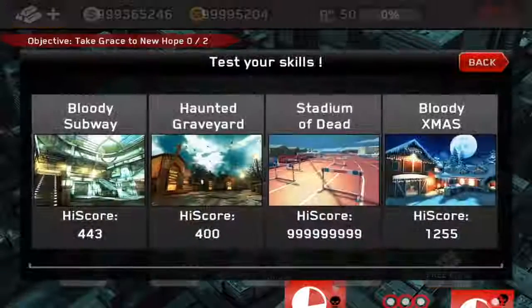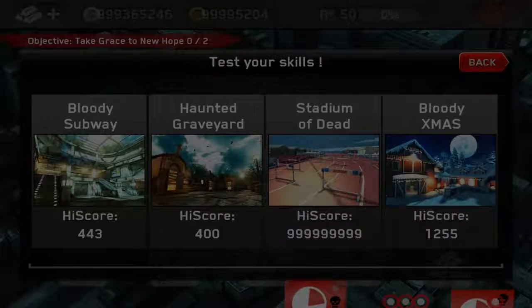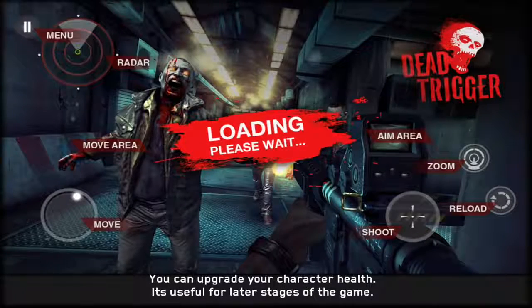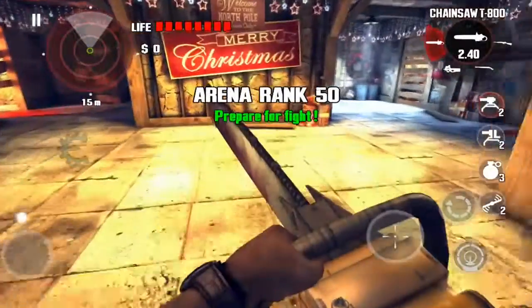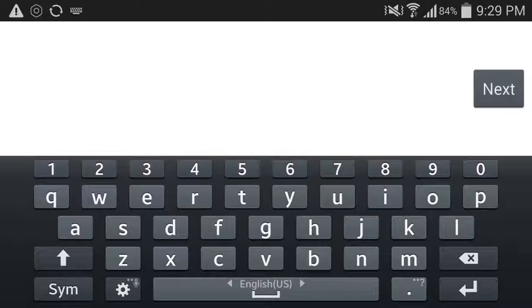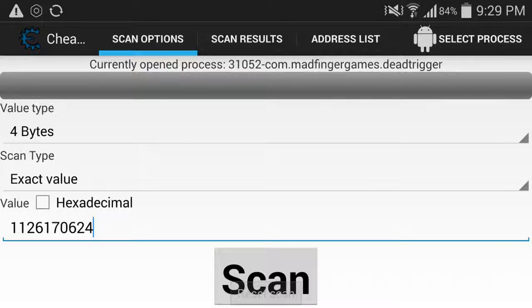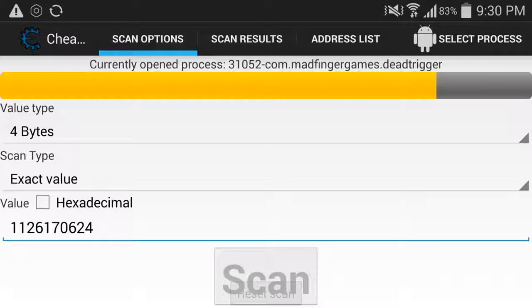So we're gonna go to a certain map. I'm gonna take the Bloody Xmas, which is the Bloody Christmas, even though it's not Christmas here, but whatever. And we are gonna get to the level, and as I showed you in the previous tutorial, where I showed you how to get infinite health, we type these numbers, 1126170624. This is for finding the address,